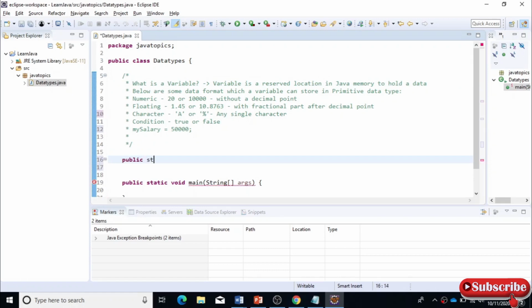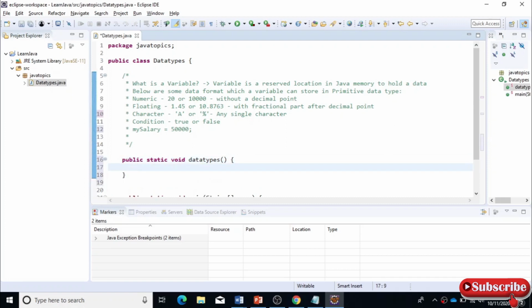I'll create a simple method here. So I will just copy paste this. So now I'm creating a variable as my salary with a numeric value 50,000. So for this, it will throw an error because it does not have any data type. So for example, it is a numeric value, right? So some data type from the numeric family you have to give it, like integer is a numeric data type, and if you give that, see the error has gone now. So some data type you have to specify before any variable.